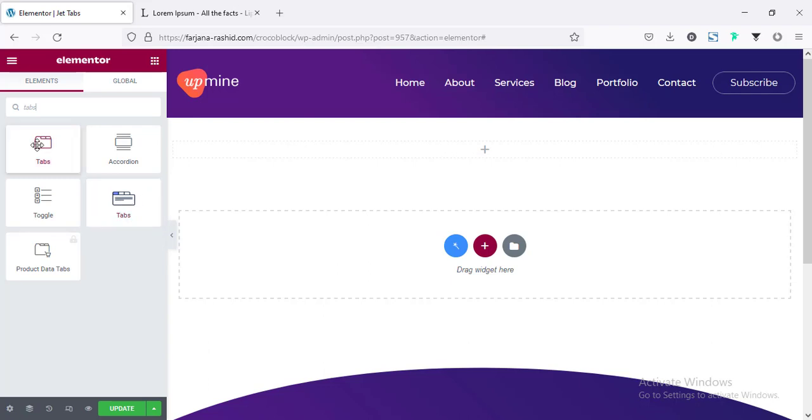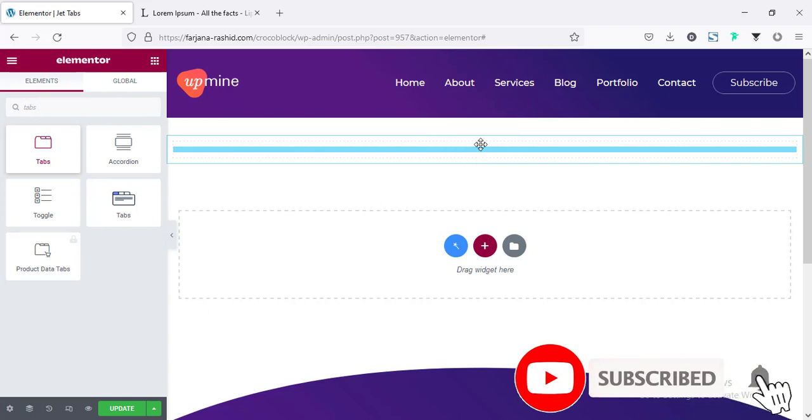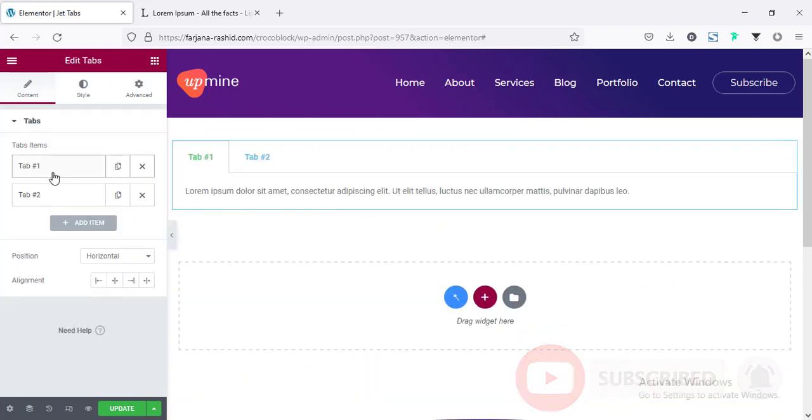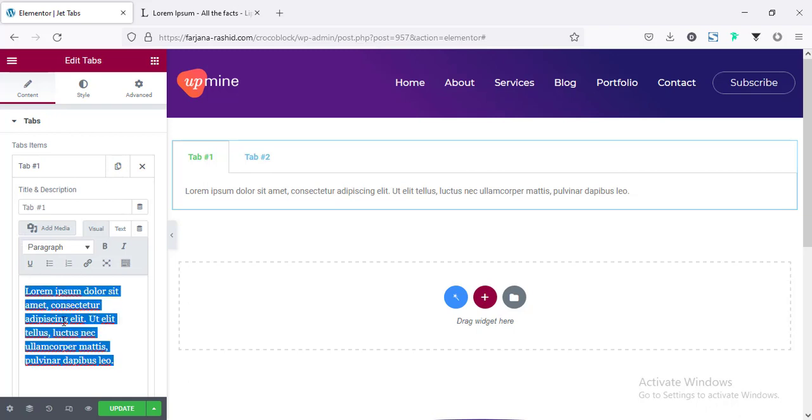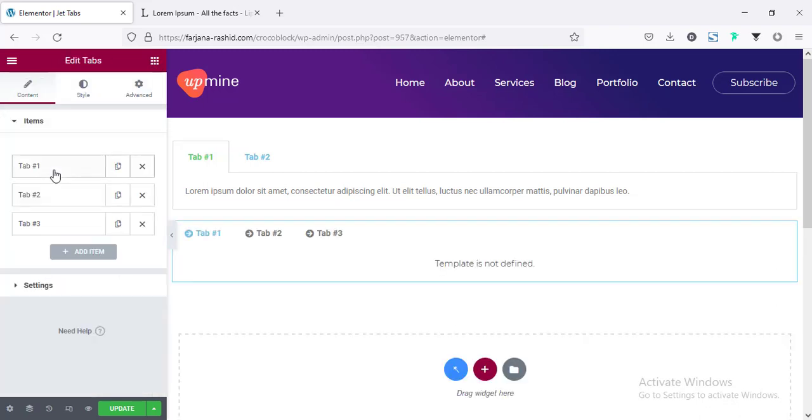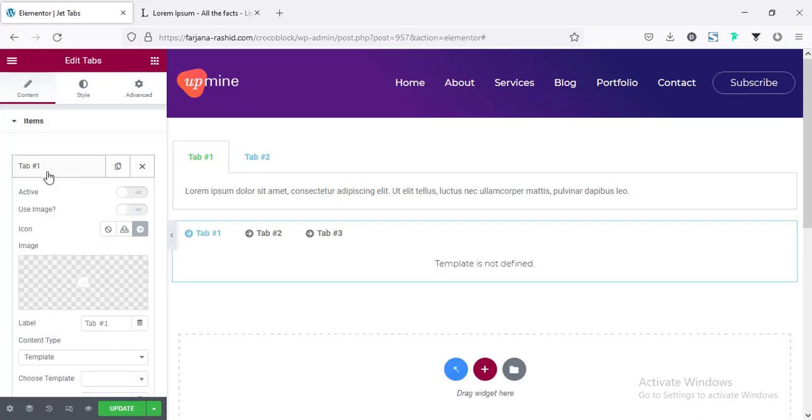So if I check the default one which is coming from Elementor, for example this one, and here if I go to tab 1, we can only take all this default text. This is a kind of text editor, so here we can take only different kinds of text, and also we can add images from media. And now when I go for the other tabs, and now when I go for tab 1,